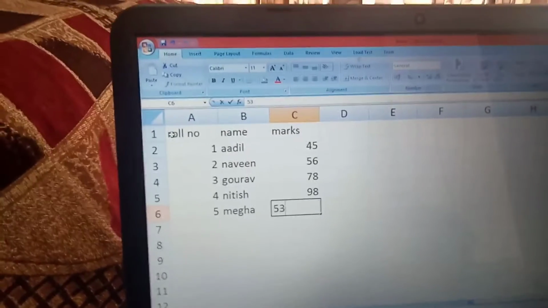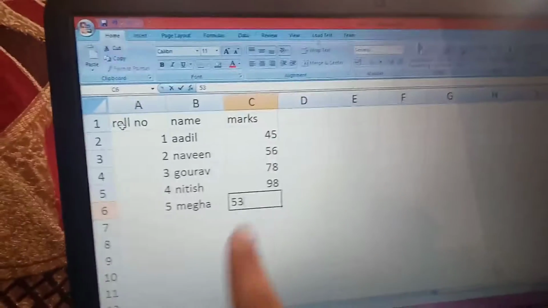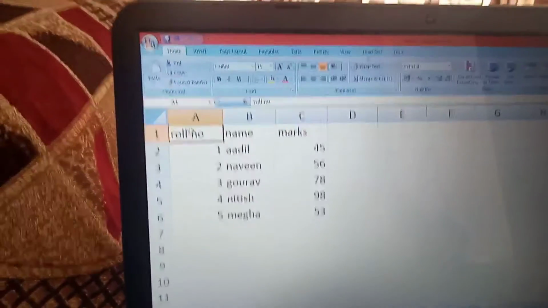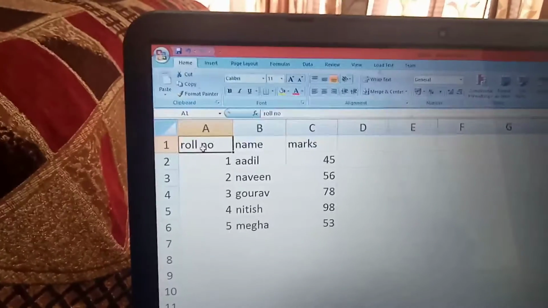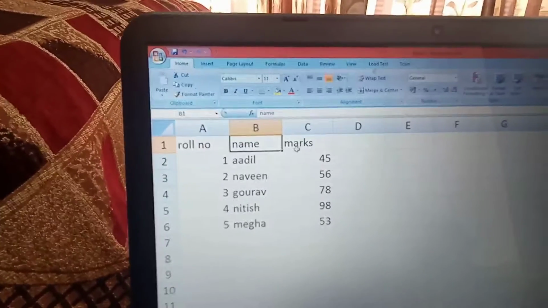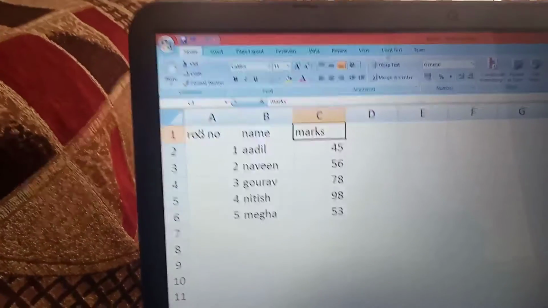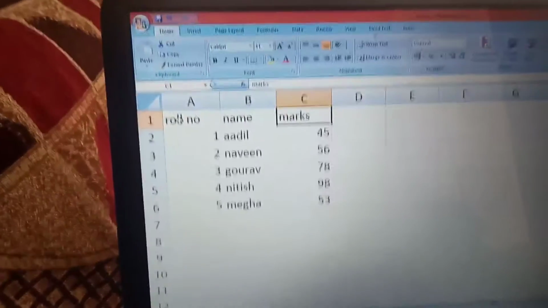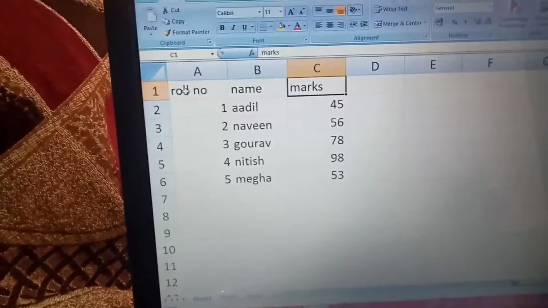The range is selected from A1 to C5, and here I am selecting the range from A1 to C6. This is our cell, cell 1, cell 2, cell 3 and so on. The cells are numbered A1, this is B1 and this is C1.